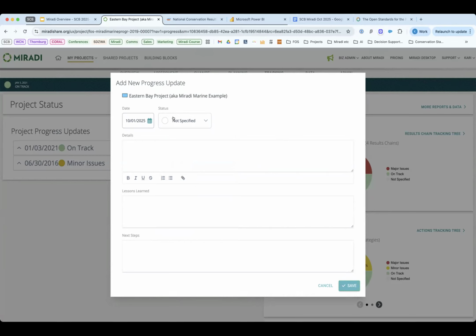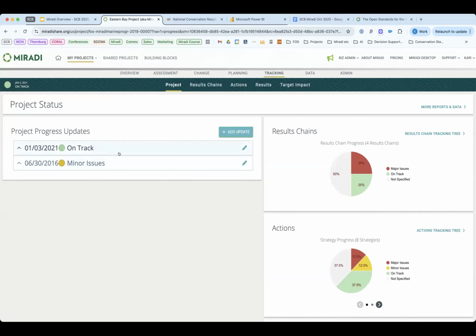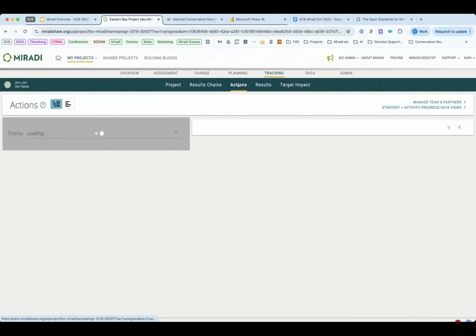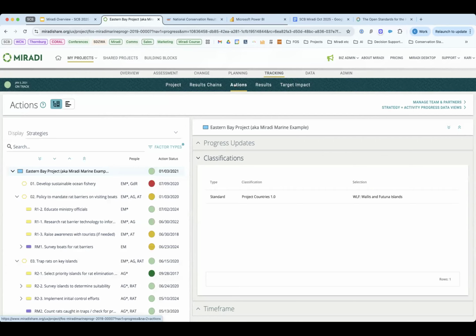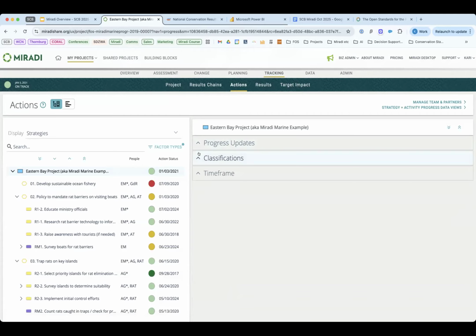You report at what date, what's the status. You can capture information about details, lessons learned, and next steps. So very easy to add another progress update. And then coming along, we break it out by different types of things that you might want to track in